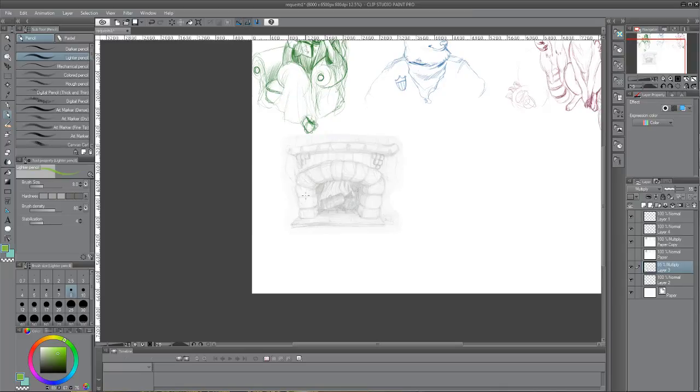I'm not feeling super great tonight, but I'm hoping that I can do some of this because it's a really fun idea and I've been really looking forward to it. Also, I'm doing this on the wrong layer again. Okay, so